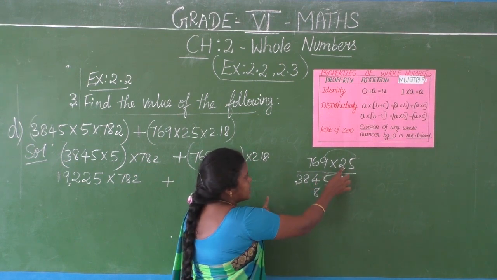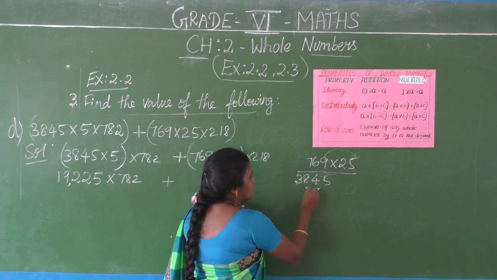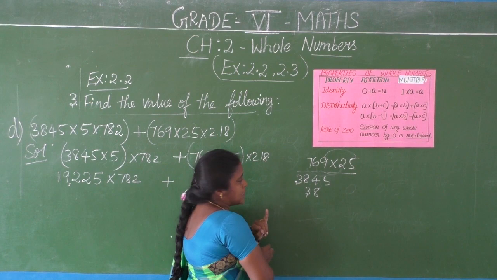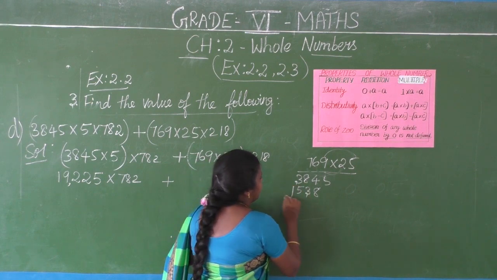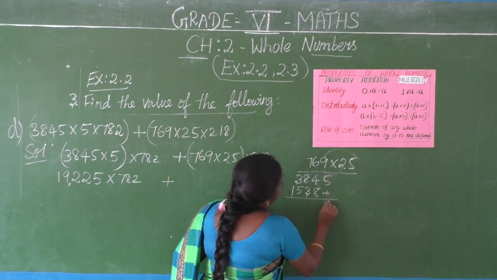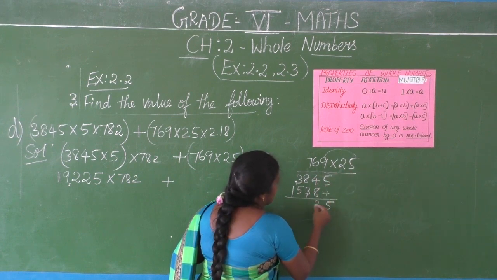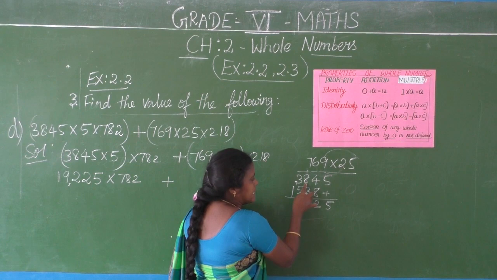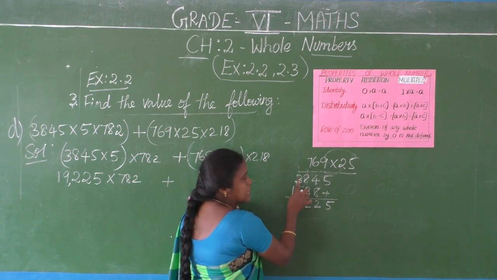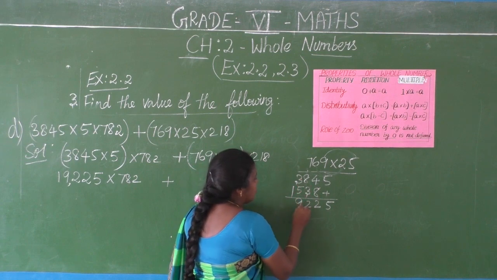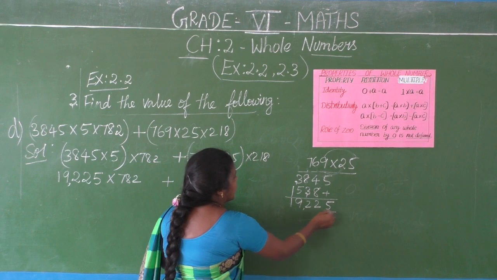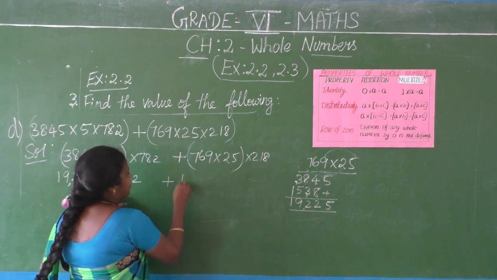Remainder 1. 6 2s are 12 plus 1, 13. Remainder 1. 7 2s are 14 plus 1, 15. Add. 5. 4 plus 8, 12. Remainder 1. 1 plus 8, 9. 9 plus 3, 12. Remainder 1. 1 plus 3, 4. 4 plus 5, 9. Here 1, 19. So, 19,225